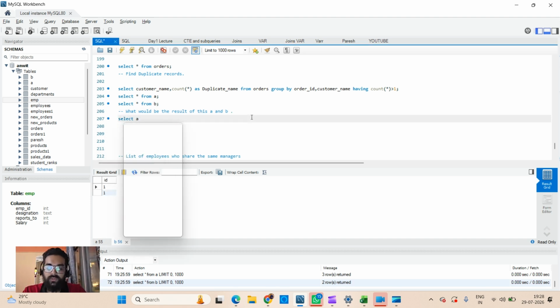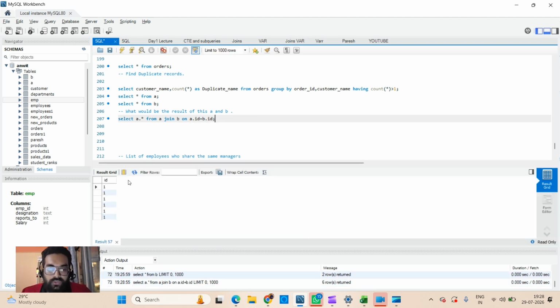So we'll do A dot star, meaning all, there's only one column so no issues, from A, I guess yes. Let's join B on A dot ID is equal to B dot ID. So the join is done and if you see, the answer is 6 whereas there were only 5 rows. A had 3 and B had 2, but when we did the join